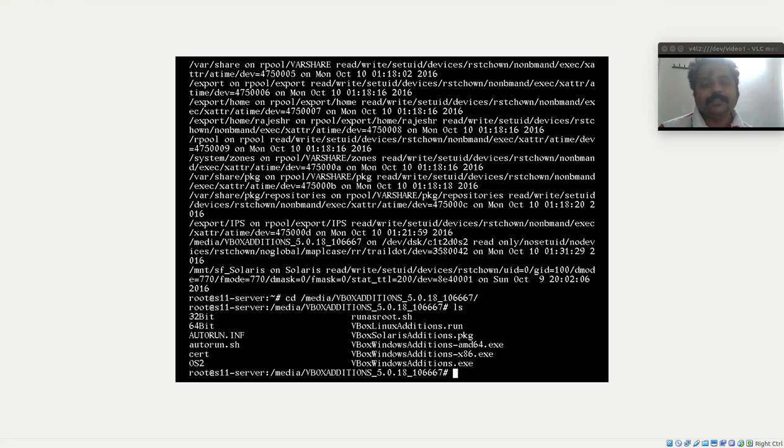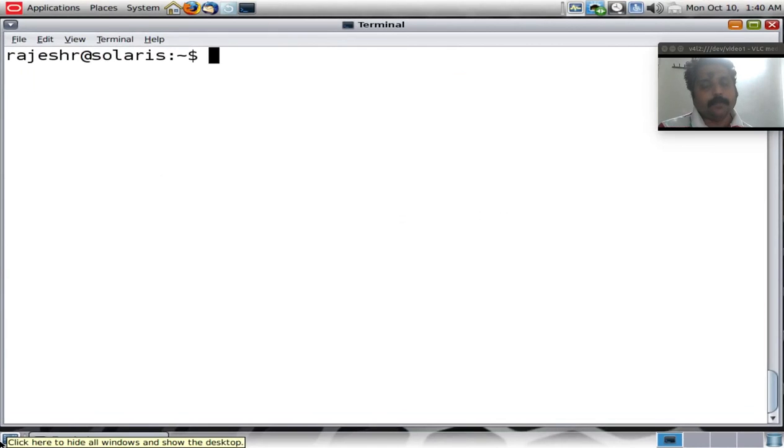As soon as the guest editions are installed, you will be able to see those directory namespaces that are shared from the host machine. I have already done the installation of these guest editions, but I just wanted to point this out to you, just in case you are planning to use VirtualBox as your virtualization solution and would like to have some directories from the host machine shared onto the virtual machines, then it's important that you install the VirtualBox guest editions onto the Solaris OS.